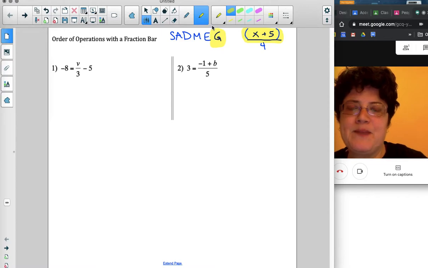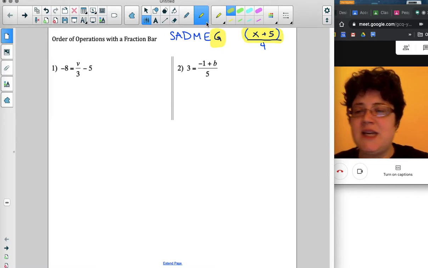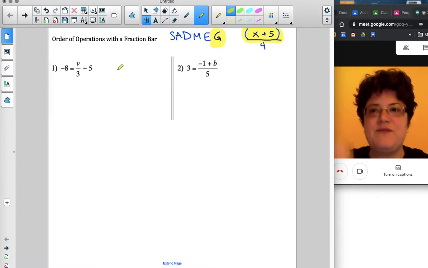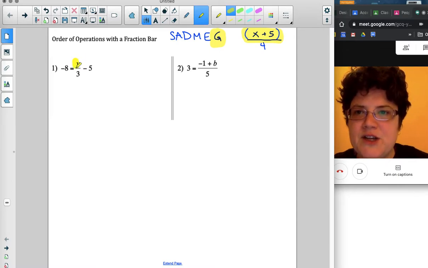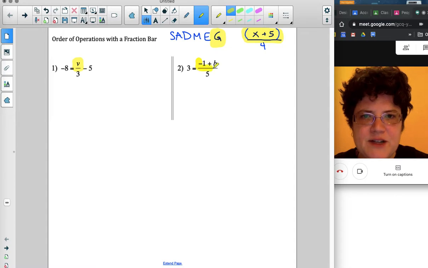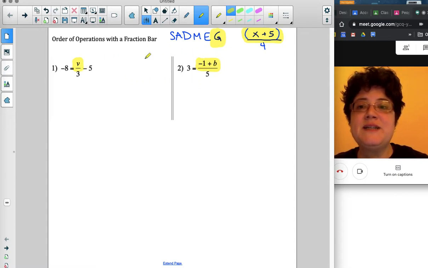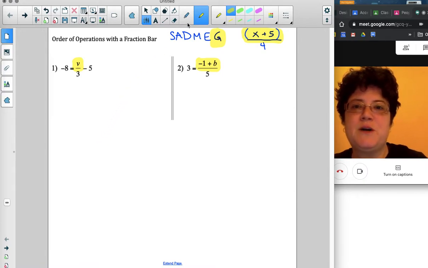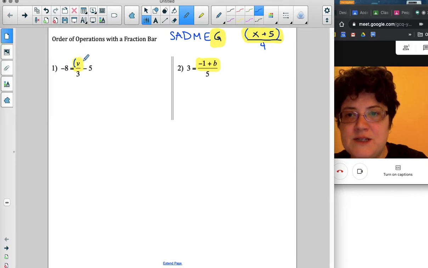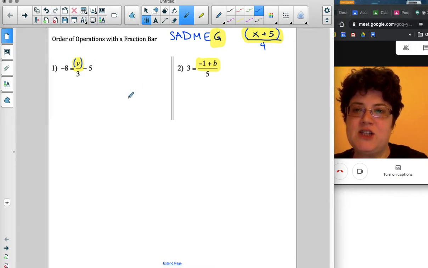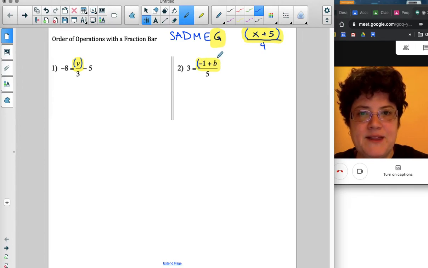Okay? So let's take a look at these two different problems here, because these are problems that typically show up. And I'm just going to zone in, just like highlight the fraction bar for each problem. So if I look here, here's my fraction bar for this problem. And over here, here's my fraction bar for this problem. And there's a really fundamental difference between these two fraction bars. If I were to go in and put parentheses around what's in my fraction bar for each one, so that's for this one, and my parentheses here,